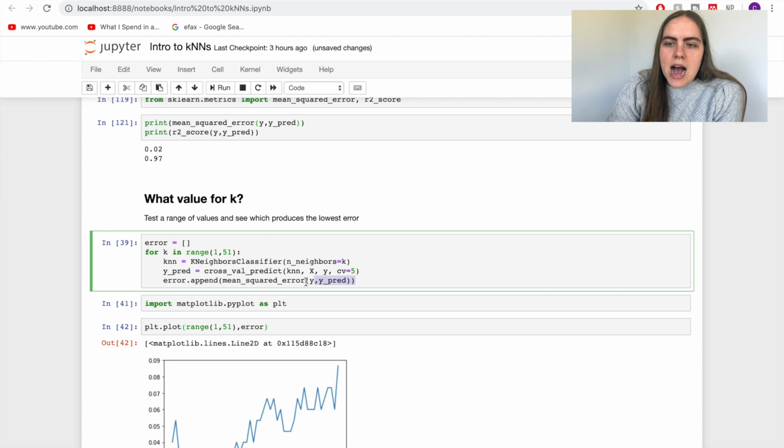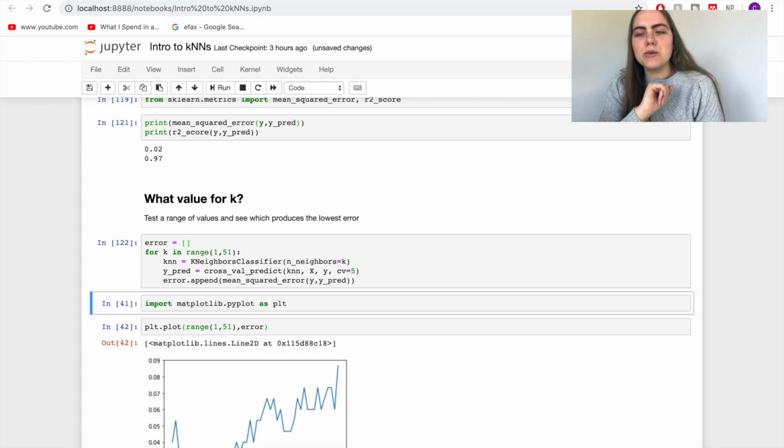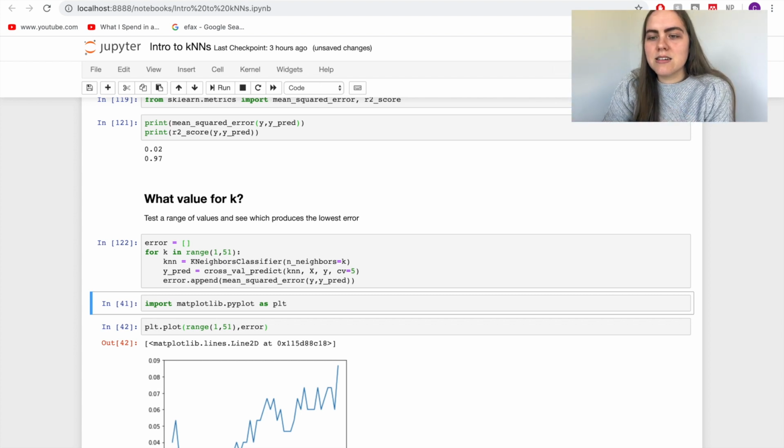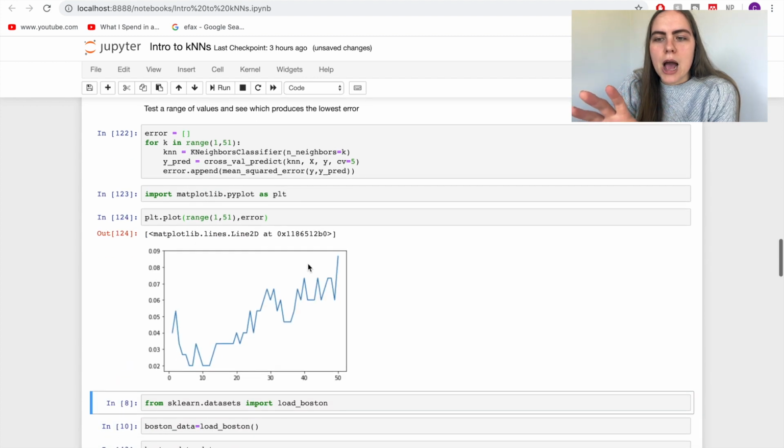And then at the end, we add on to our array the mean squared error so that we can see how that's changing for different values of k. So that's what I'm doing next, and that is super fast. When you have a ton of data in the real world, it will take a lot longer to run something like that. But anyways, now I am using matplotlib.pyplot. That is a way to graph things in Python so that you can have a visual representation of what's going on. So importing that, and then I'm just plotting our error versus our range that we were doing,